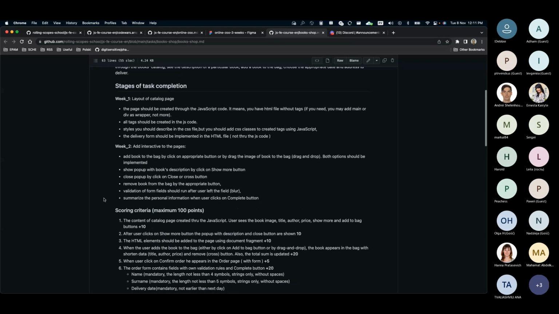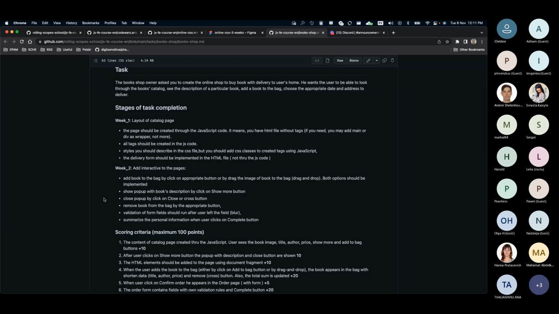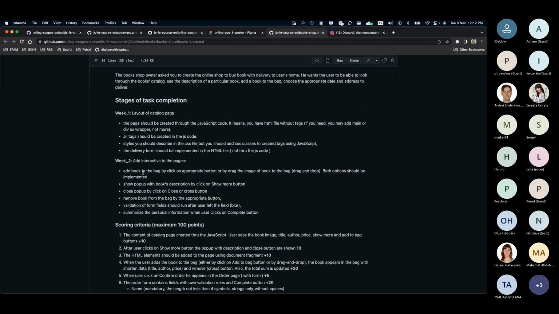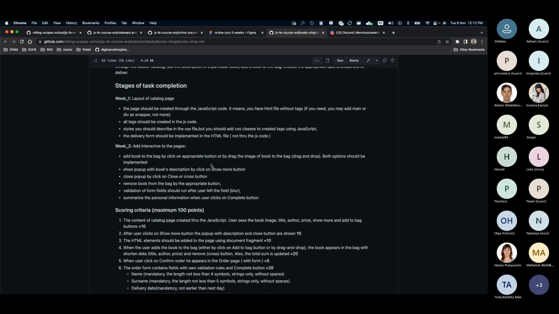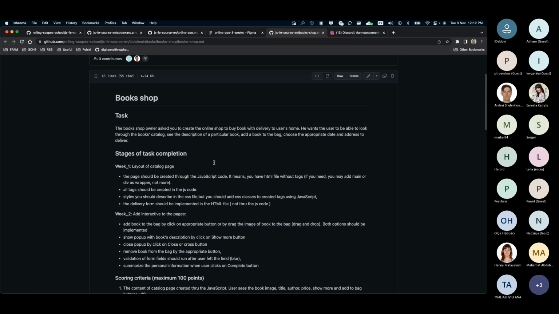I believe that's one of the most important criteria. We tried to add that new tool to your toolset, which is JS. Previously, last time you were implementing the markup with the styles, and here, please take a look. To bring the styles to your implementation, you could use regular CSS rules as you did previously, but instead of creating the tags in the HTML file, you need to use the JS code, except for the delivery form. That is in the classical way. But yeah, thank you for bringing the attention.